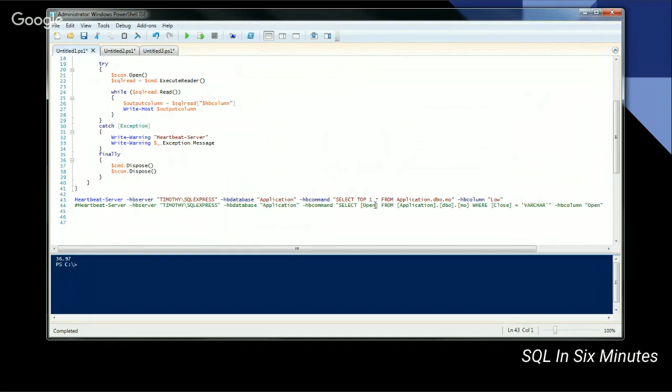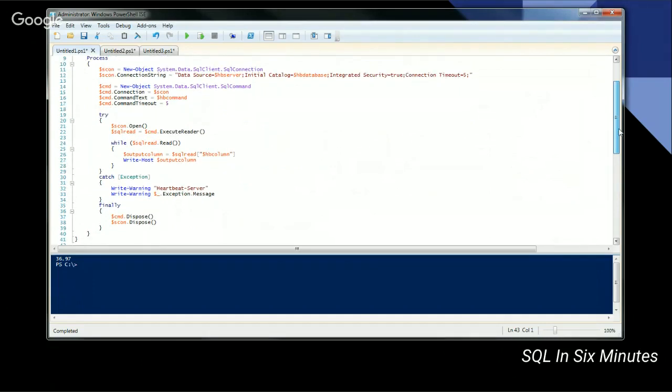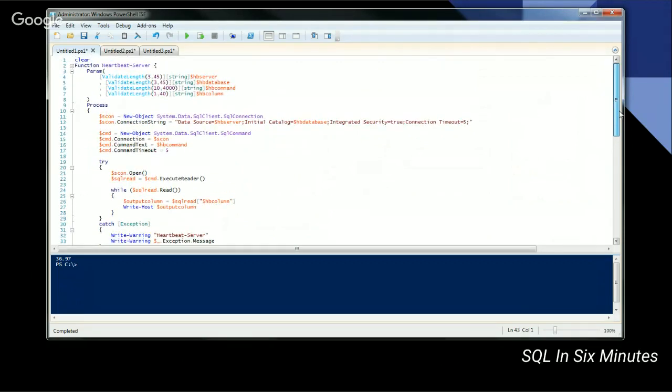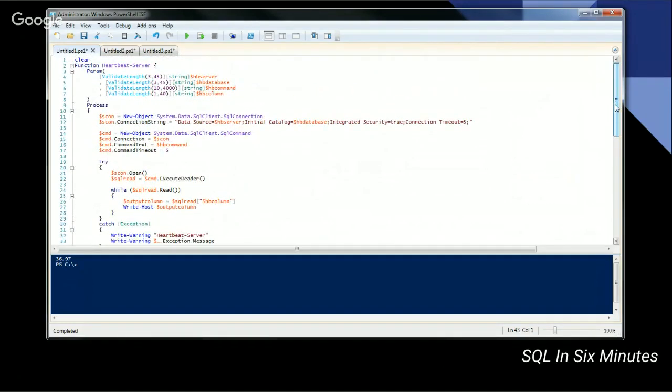And you'll notice my connection string here is very low, right? 5 seconds and 5 seconds. Heartbeat should be a very quick turnaround. The idea is I just want to see if I go get one record out of a table from a column, that it should be very quick, right? And if that were to take more than 5 seconds, I would want it to fail, and probably for something as simple as this, I would give it 2 seconds. Again, whatever your environment uses, you can run a query. One of the clients I worked with, we did MDX queries that we would return some data on. They're very useful